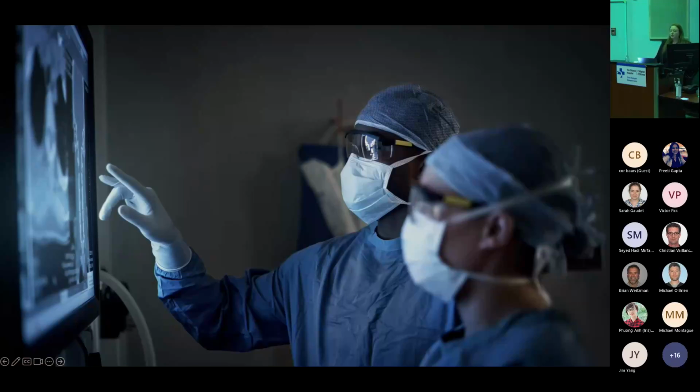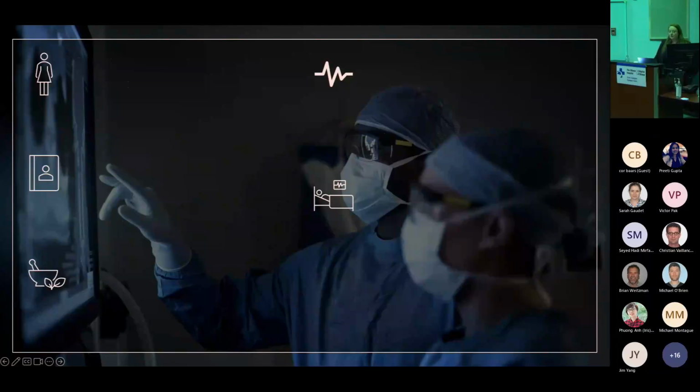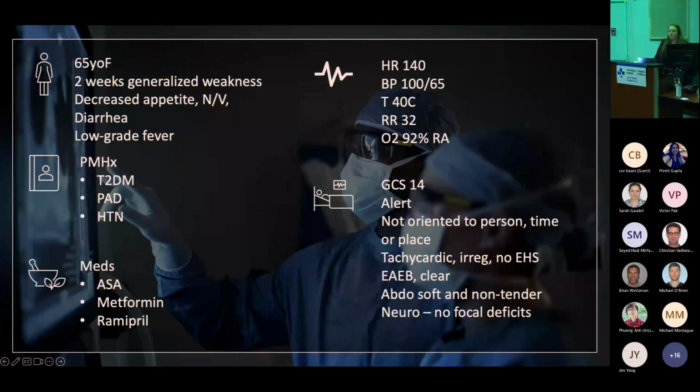You quickly sign off your chart, grab your POCUS machine, and make your way over to the resus bay as the paramedics come walking in right behind you. They provide you with the following handover. You have a 65-year-old female, we're going to call her Doris. She's had a 2-week history of generalized weakness with decreased appetite, nausea, vomiting, diarrhea, and maybe a low-grade fever at